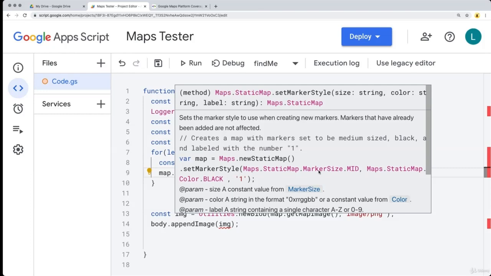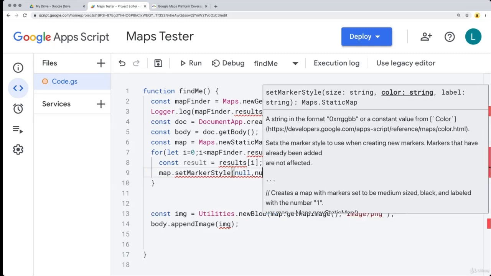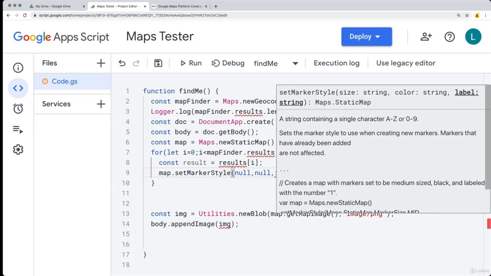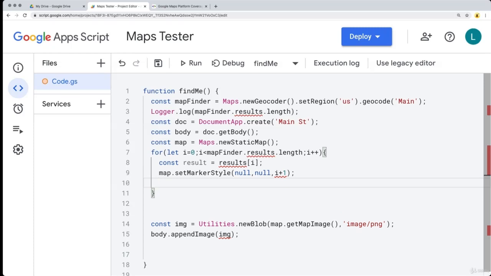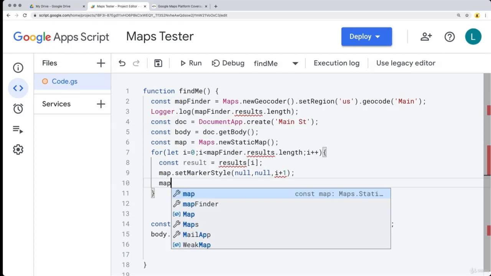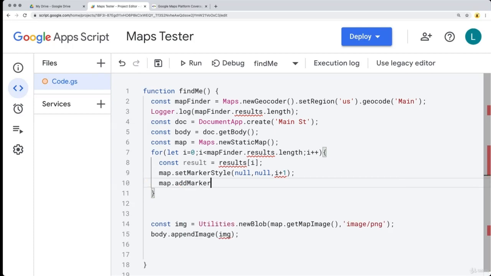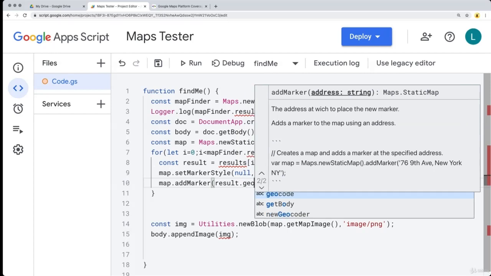We can also use the various markers. So let's just set it to null, so it uses the defaults, and null as well. And then for the markers, what do we want as a label for the marker? We can use the value of I plus 1 so that we're setting the marker on the map. And then also within the map, we need to add the marker. So add the marker that we just created, and adding the marker using the result, and then the